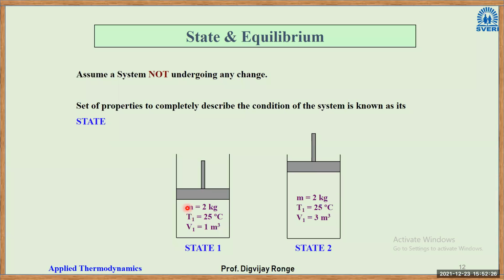So you can see here, the mass will remain constant, right? It is a closed system, so mass will remain constant. Volume will increase because it is an expansion, and temperature will remain as it is. So in state 2, what has changed? The volume has changed. State 1 is this, state 2 is this. Okay, so this is very important. From this point onwards, as thermal engineers, we will talk in terms of properties, states, etc.